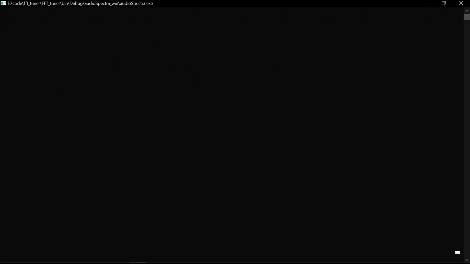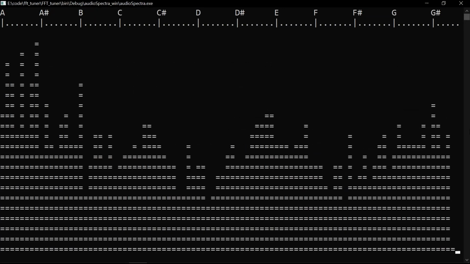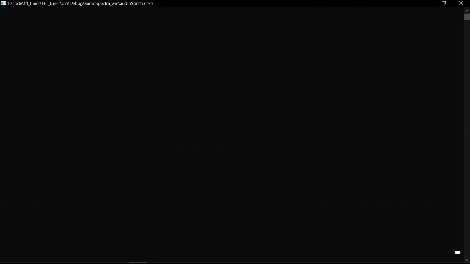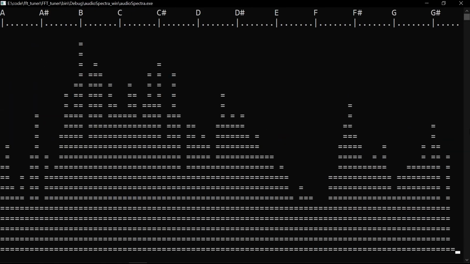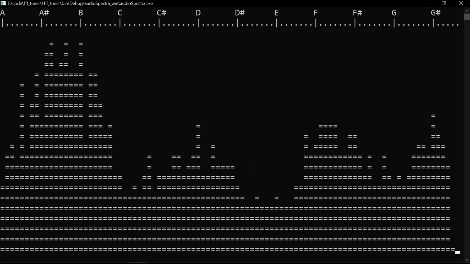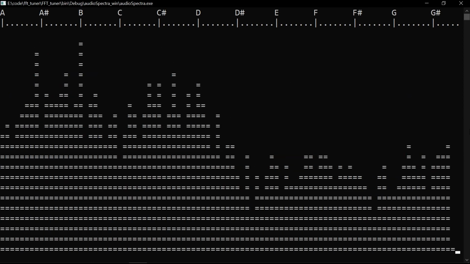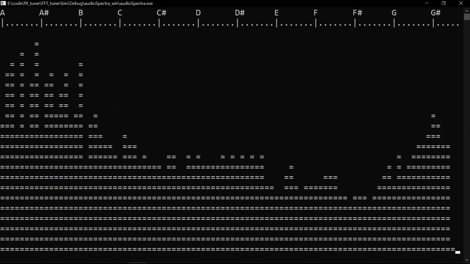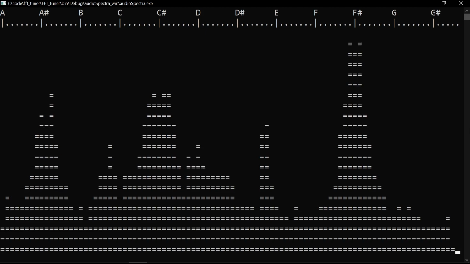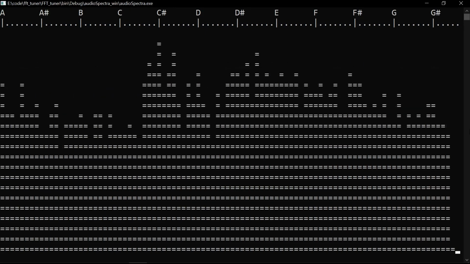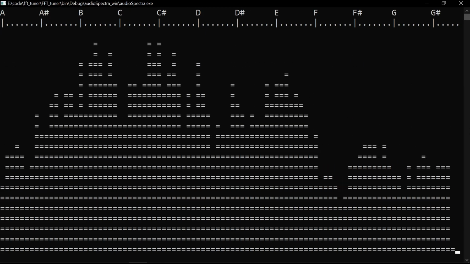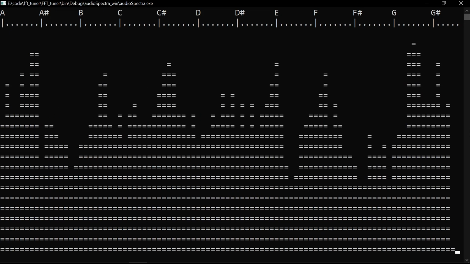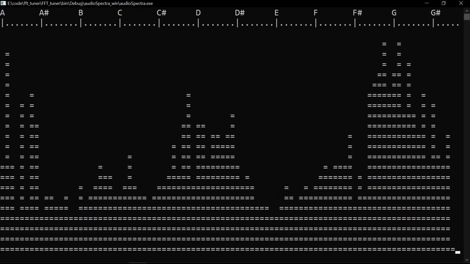So what you're looking at right now is, I suppose if you were being generous, you could call it a console application for Windows that I wrote in C++. And what it is essentially, as you can probably tell, is a spectrum visualizer for microphone audio. But in this particular mode, there's these pitch names at the top, and so you can actually use this as a guitar tuner. So if I were to produce a note by, for instance, whistling,